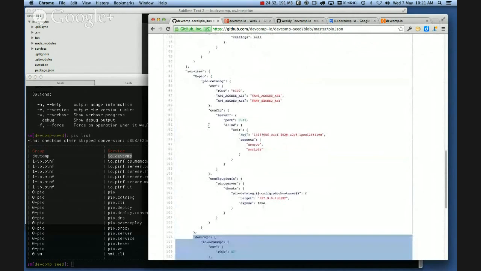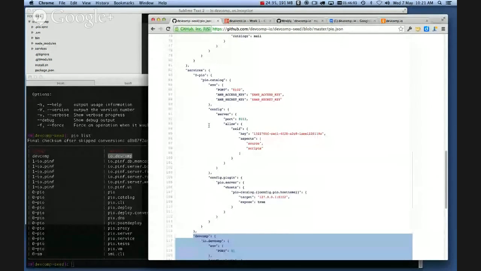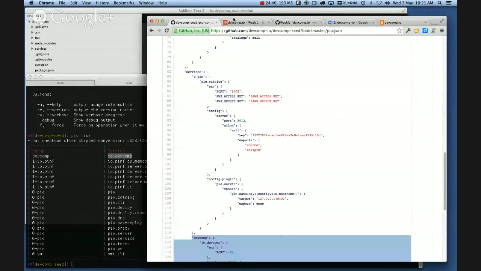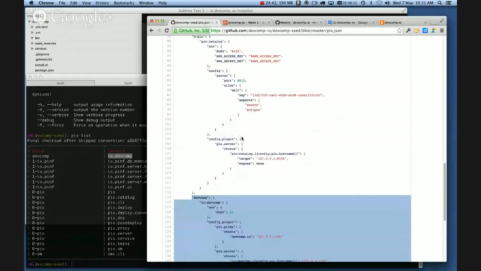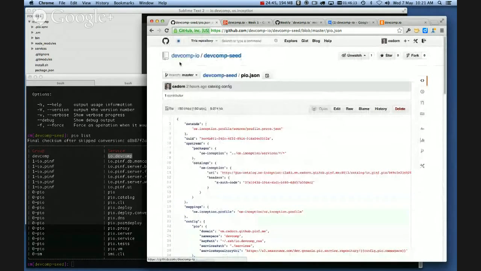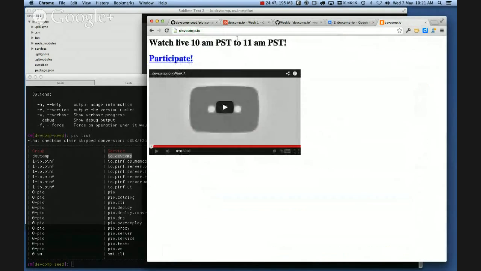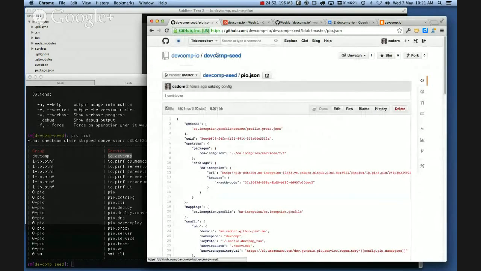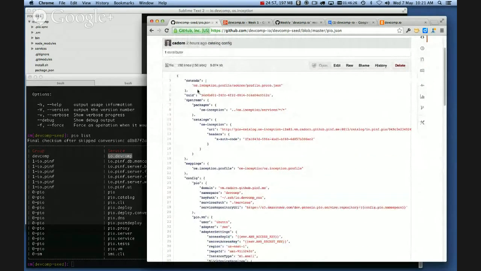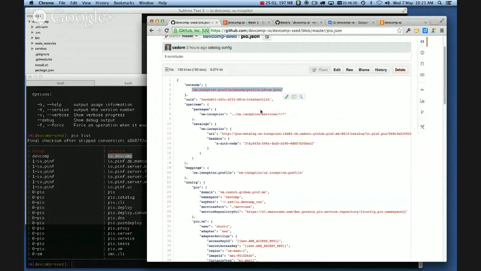That's important because the way the system is designed, it allows you to inherit configurations from upstream. In this instance, when we're working on and going to be developing this devcomp.io site, we are defining our dev instance for the site here. And in the dev instance, we are extending the descriptor for another system. In this case, we're extending a descriptor called OSInception profile source